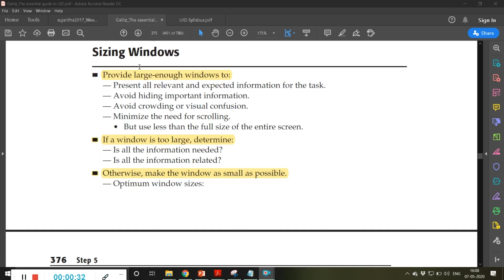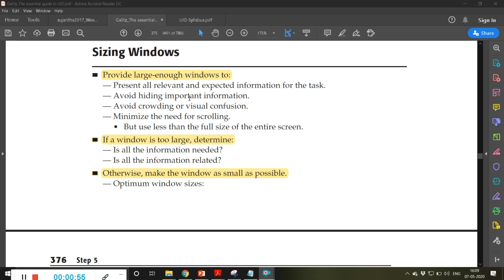So the first thing is to provide large enough windows to present all relevant and expected information from the task. Okay, provide large enough. You should not develop a very small window. But large enough means it should not be too large also. Present all relevant and expected information for the task.